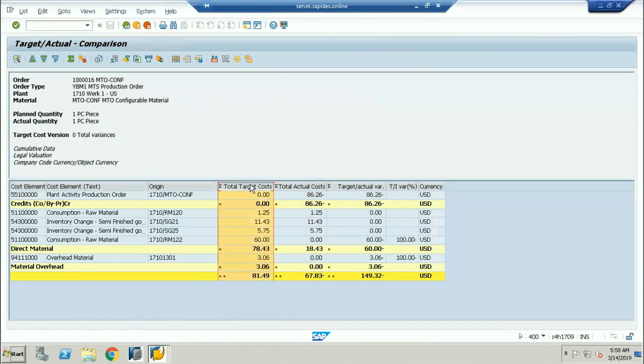You are taking the preliminary cost, which is before you start the manufacturing, before you finalize the actual cost components, meaning the activities I am going to use for manufacturing this product: labor cost, indirect labor cost, machine cost, production setup, everything. Before you confirm the activities, if you want to know your planned cost and your actual cost, I'm preparing two costing variants. One costing variant is going to be called the planned variant.